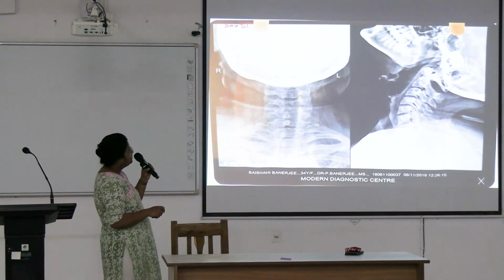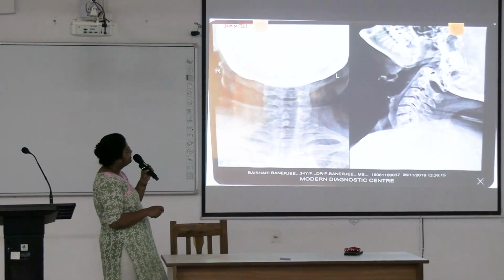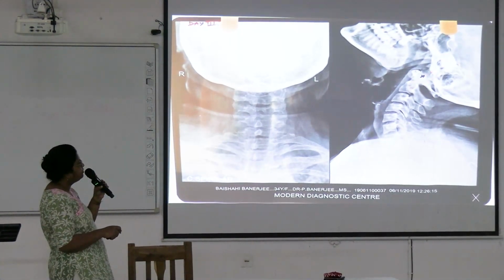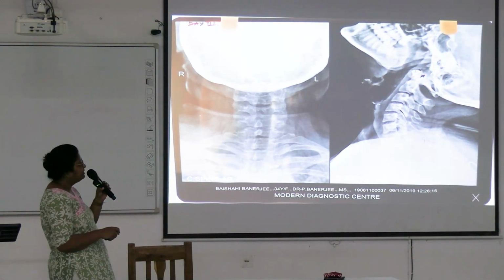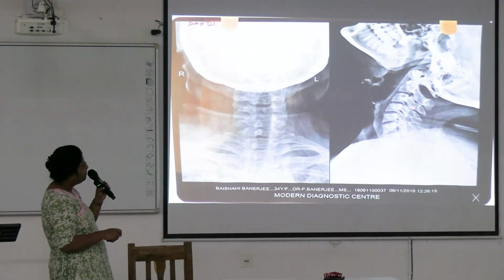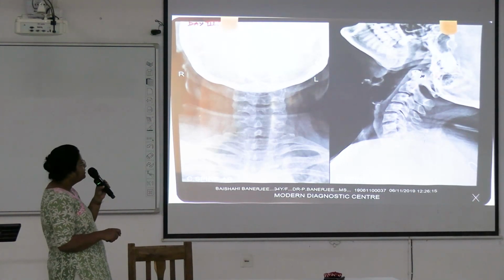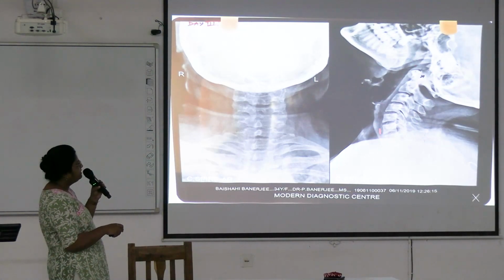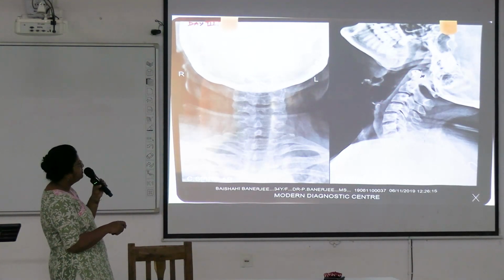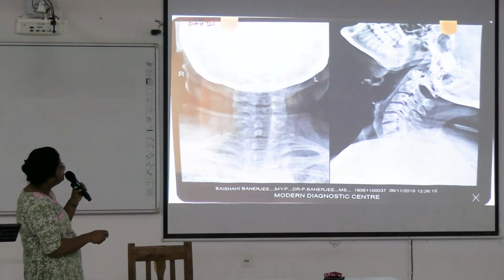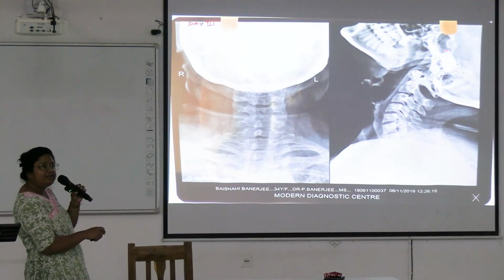You can see this is the first cervical vertebra, the anterior arch and posterior arch of the atlas. This is the odontoid process of the axis. This is the spinous process of all the vertebrae, so this is C2, C3, C4, C5, C6, C7. So this is the cervical spine. This area is the esophagus, and in front of the esophagus the black area is the trachea, larynx and trachea here. And here you can also see the sphenoid air sinus.